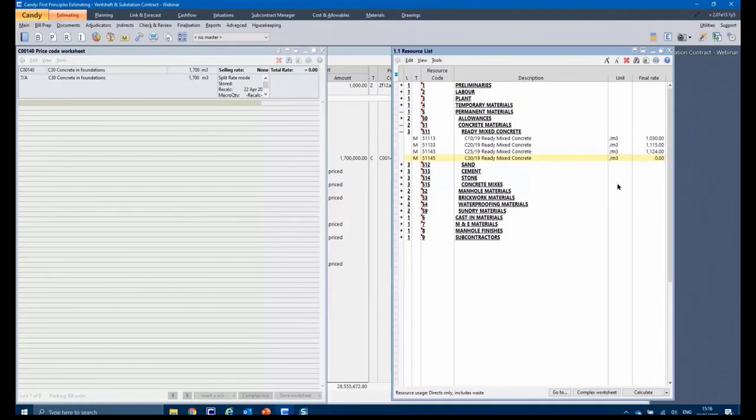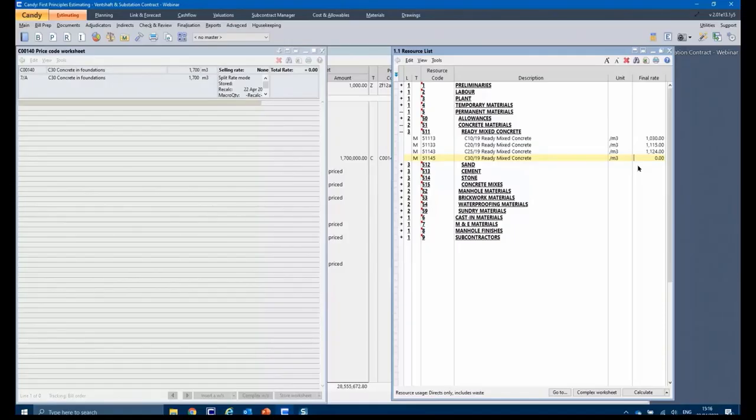Generally, a unit would be defined by how you're going to buy it. So ready-mix, you buy your ready-mix in cubic meters, so you put it in cubic meters. If you're buying your sand per cube or per load, it's entirely up to you. You've got to specify the unit that you're going to buy it in. A classic example is lintels.